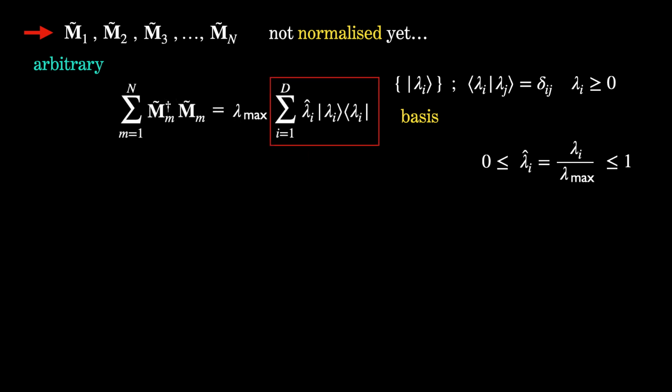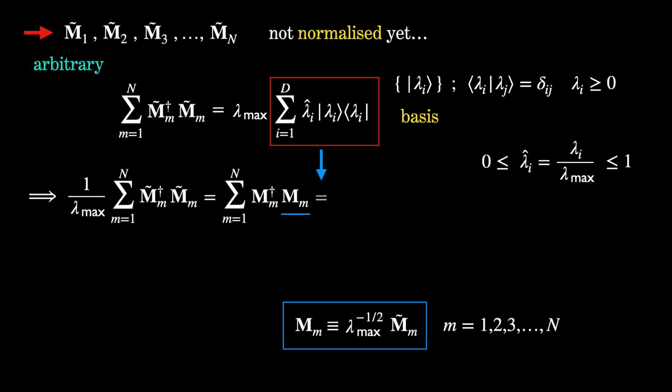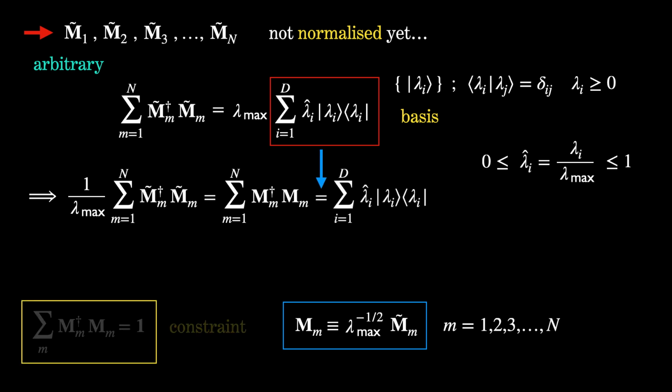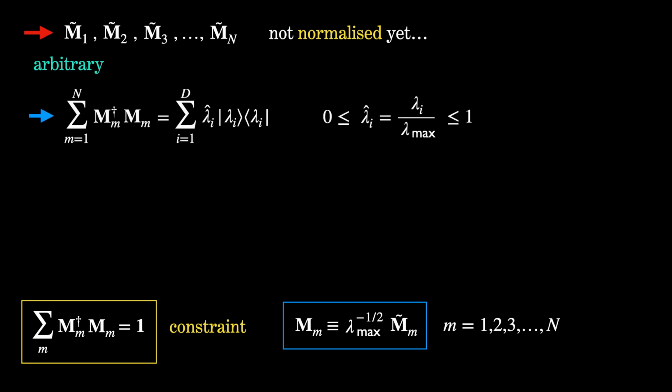The expression in the red box can then be written as: we shall use this to define a new set of rescaled operators M, as expressed in the blue box. Now we are ready to impose the constraint. As we have said before, we do this by introducing an additional measurement operator, M0, such that M0 dagger M0